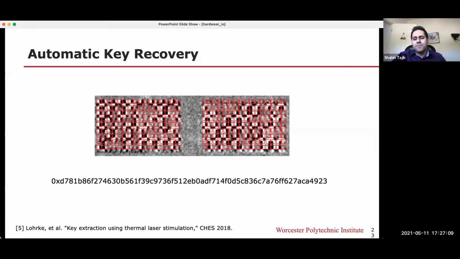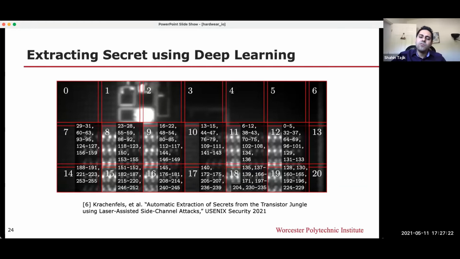And of course, in this case, we had a little bit of knowledge of how SRAM cells react to the laser stimulation. But even very recently, we showed that even if you don't know anything about the geometry of memory or registers, deep learning can help you to extract the key without any reverse engineering effort. That's amazing, because